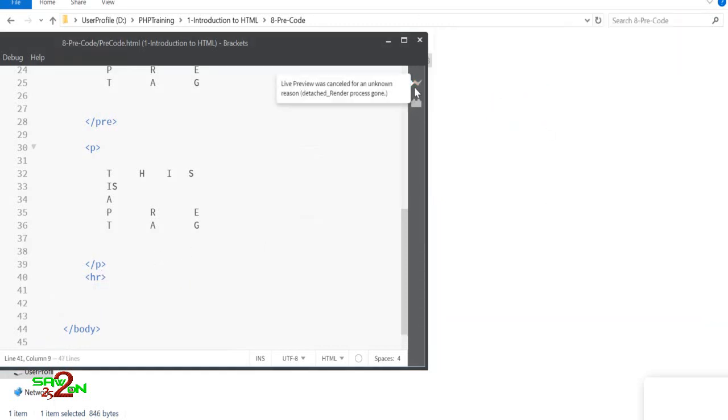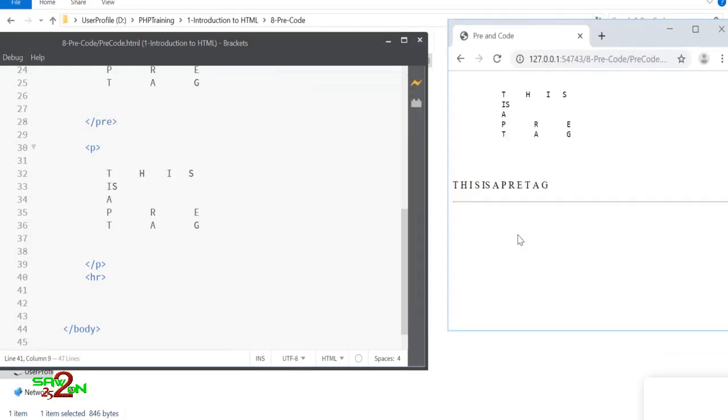Right, so let's add a new line here. HR is used to add a line, and we're going to close this and have a preview. Then now let's write some code. Okay, let's write PHP code of an add function. I'm going to say return A plus B.